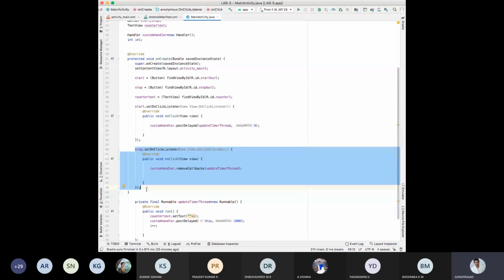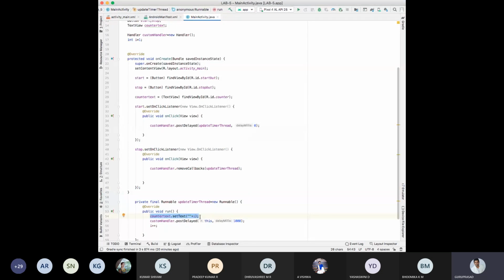So in this runnable update timer, you are telling that counter text is equal to plus I, that is 1, I plus plus, 2, 3, 4, 5, 6, with a delay of 1000 milliseconds. Got my point? Shall I run? It is launching the program.